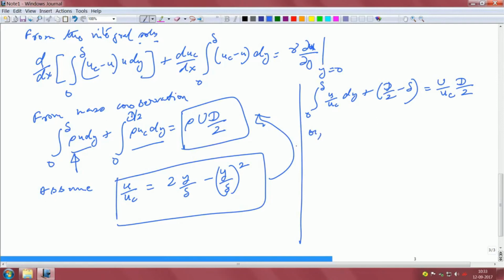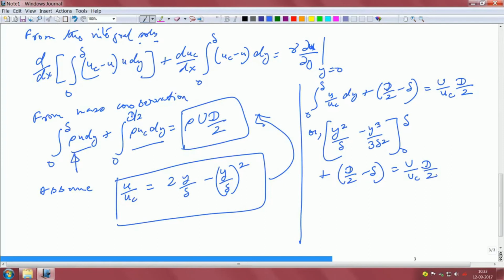If you substitute this into this particular form, you will get y squared by delta, y cube by 3 delta squared, from 0 to delta, plus d by 2 minus delta. Now it is easy to integrate: 2 delta by 3 plus d by 2 minus delta, u by uc, d by 2,